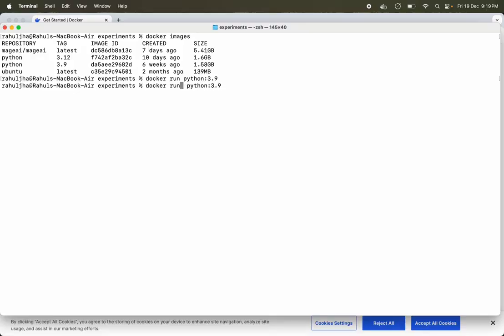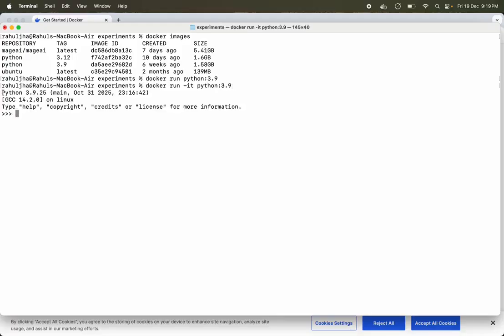So to solve this, we can run this image in an interactive mode by specifying this it command. And if I run now, you will see I have entered Python's IDLE, and I can do a bunch of stuff. I can import packages, but now I'm not using the Python from my Mac. It is Python inside the container, and this container does not know what my Mac has. My Mac has certain files also. So for example, I'll show you what I mean. Let me exit out of it.